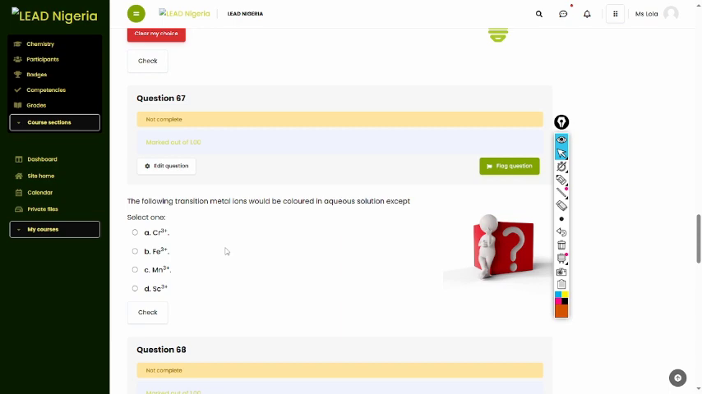Alright, the following transition metal ions would be colored in aqueous solutions except the colored compounds we get from transition metals are due to the incompletely filled d orbitals of their ions. So if a transition metal does not have an incompletely filled d orbital, it would not give us a colored compound. So let's write out the configurations of these ions and see which one does not have an incompletely filled